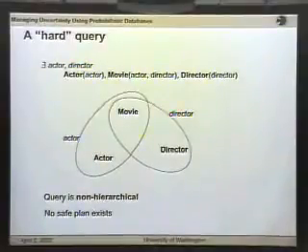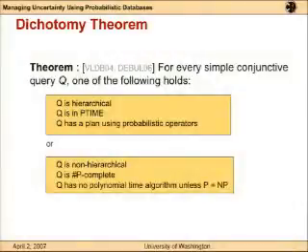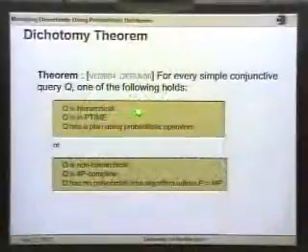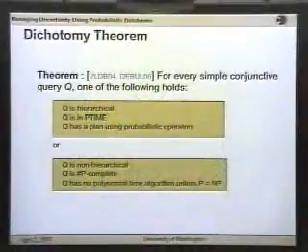Well, you can still ask, can you add some new operators that would give a plan for this graph? And we answered that negatively using this following result. So we show that for every simple conjunctive query, one of the following holds. So either the query is hierarchical, in which case its complexity is in P time, and I in fact gave you the algorithm for computing it. You first find a safe plan for it, and you execute the plan. And that gives you a P-time algorithm to evaluate the query.